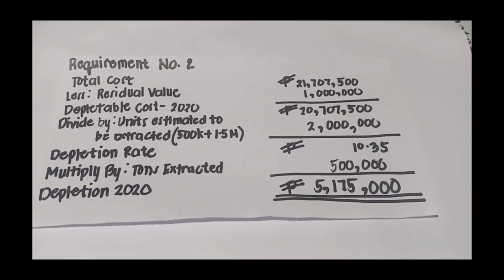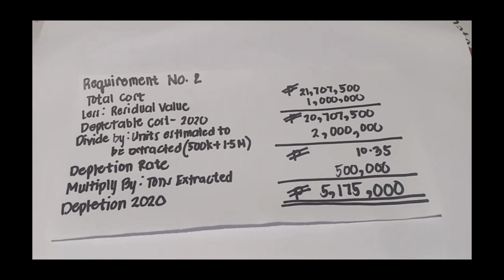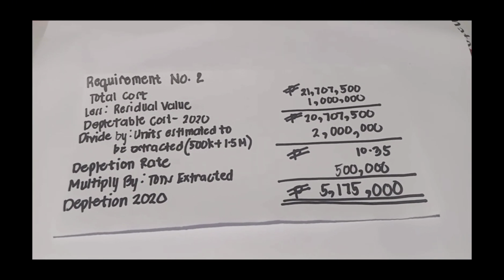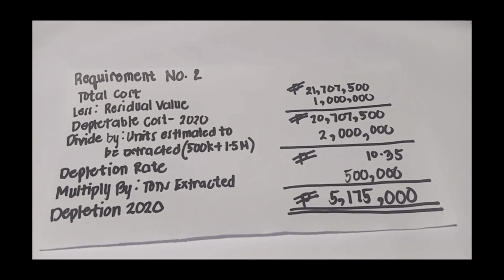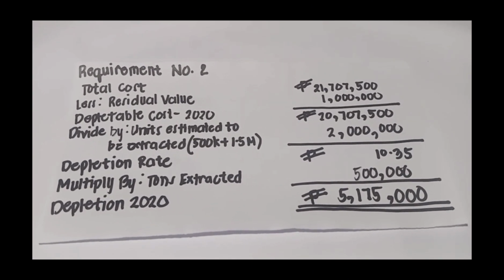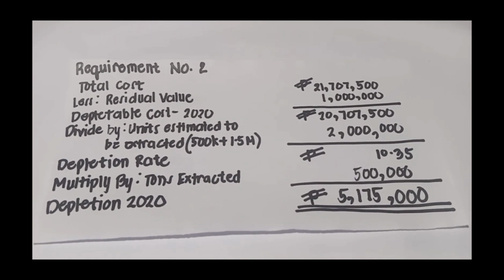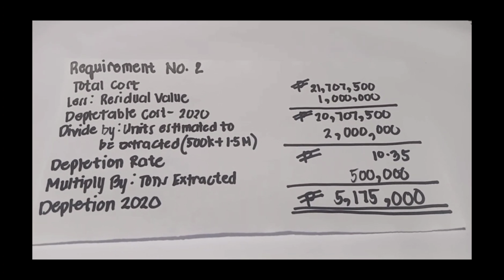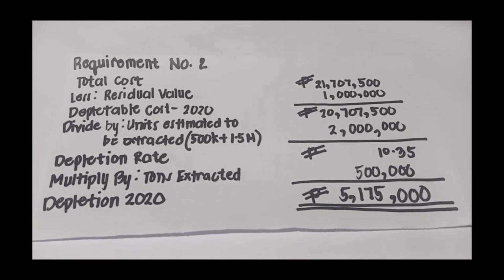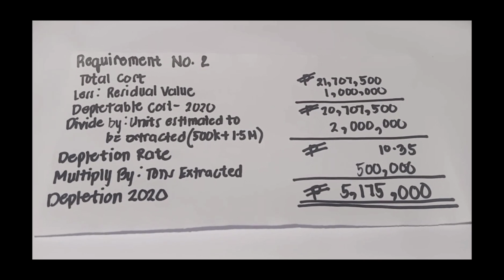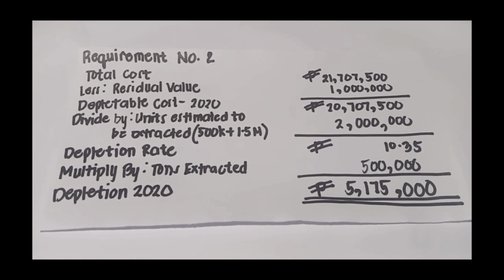So para makuha ang depletion rate per unit, i-divide nato. So units estimated to be extracted na 500k plus 1.5 m. Asa po nagikan? Gikan sa 2020 na tons extracted na 500,000 ug 2020 na estimated tons remaining na 1,500,000, a total of 2 million. So, i-divide nato ang depletable cost na atong na-compute na 20,707,500 divided by 2 million. So, we have a depletion rate of 10.35. So, in cost depletion for 2020, i-multiply nato siya sa tons extracted sa year 2020 na 500,000. So, 500,000 times 10.35, we have the depletion in 2020 of